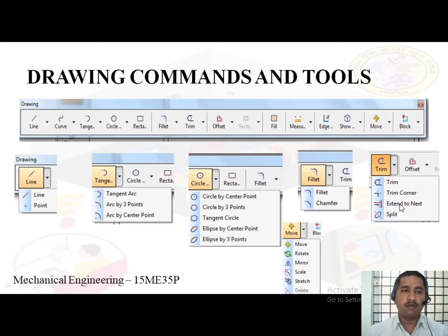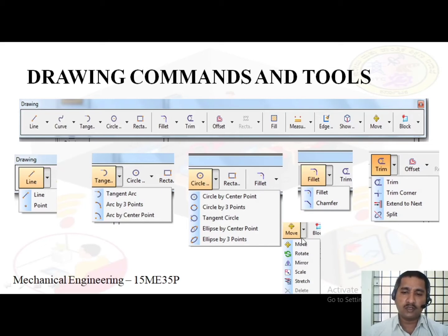In this command, we create continuous lines or continuous arc up to the next or selected boundary. Next one is split option. This command is used to split the entity, meaning split the line or arc or circle.